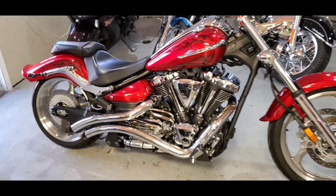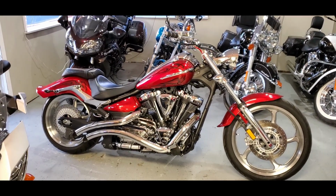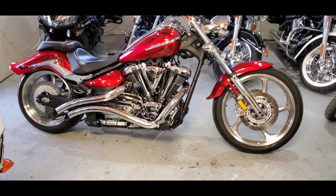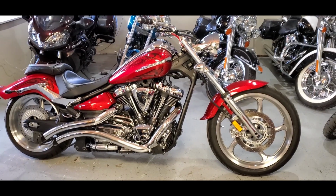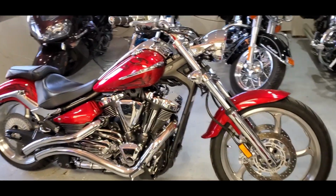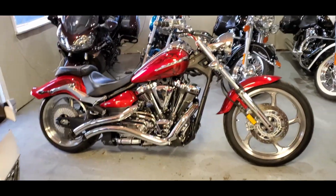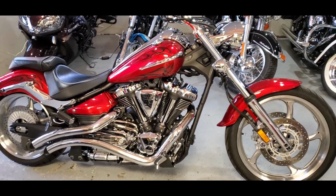motorcyclehunters.com. And today we are checking out one seriously beautiful 2008 Yamaha VStar Raider 1900. What a stunning looking bike from an OEM, no less. This is not totally stock, as you can kind of tell with the pipes and a couple little odds and